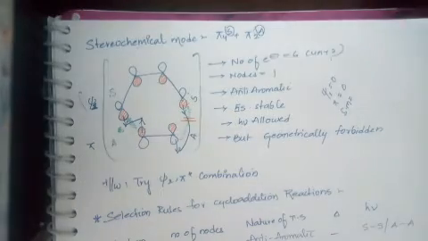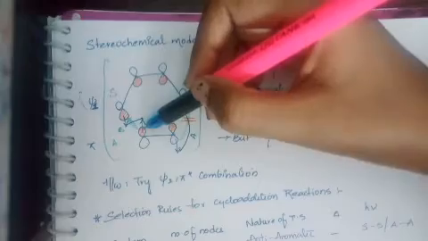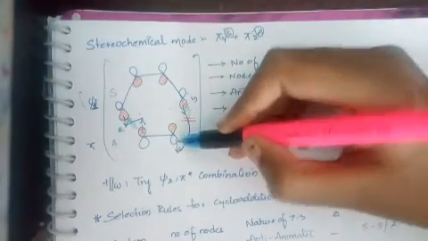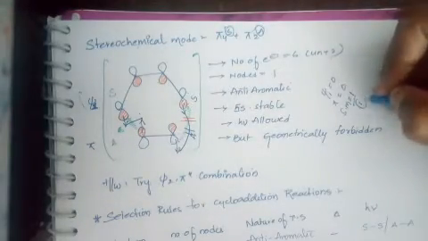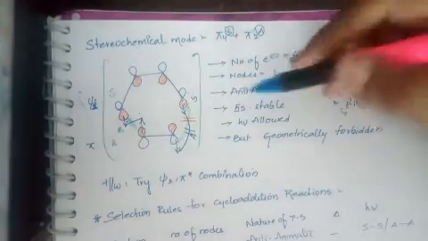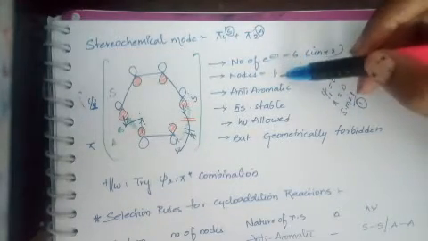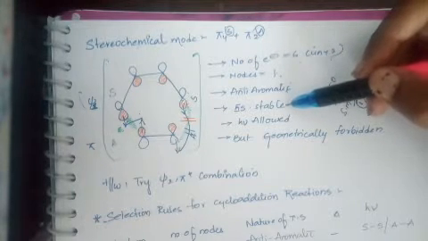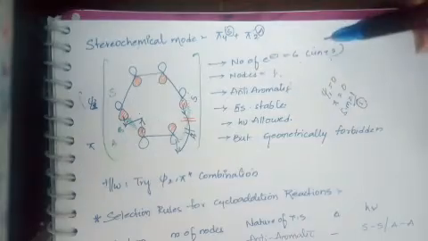Now the stereochemical mode. If you see here, shaded is overlapped with shaded only, so a node is not formed, whereas here shaded is overlapped with unshaded. So here one node is formed. Total number of nodes is 1. So here the number of nodes is 1, that is a 4n+2 system with an odd number of nodes, which is anti-aromatic. Once it is anti-aromatic, it will be stable in the excited state and it is photochemically allowed.